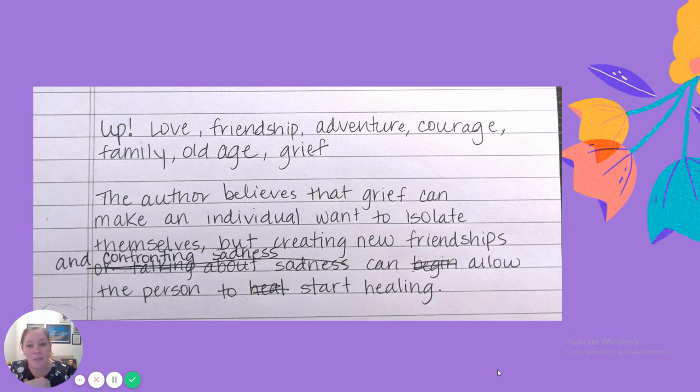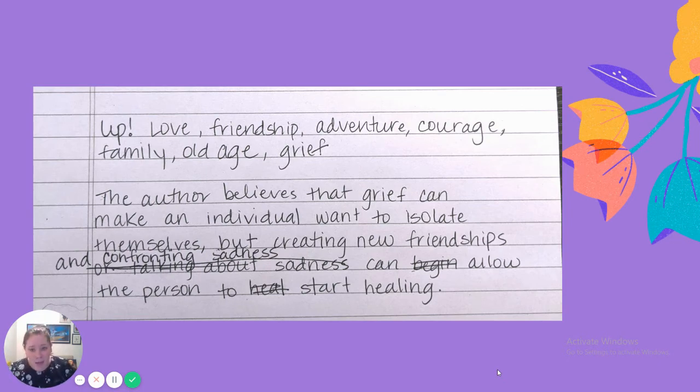So notice that the first thing I wrote down is not what I went with. So what you write down initially, you're not married to that. You don't have to stick with it. So you can workshop it and make it make more sense. So I picked grief because I know that our main character wants to isolate himself away from people. But we do know that when he makes new friendships and he starts confronting the sadness that he feels about the loss of his wife, he begins to start healing and being open to those new relationships and trying to find a new happiness. And I think those ideas can be applied to lots of other things.